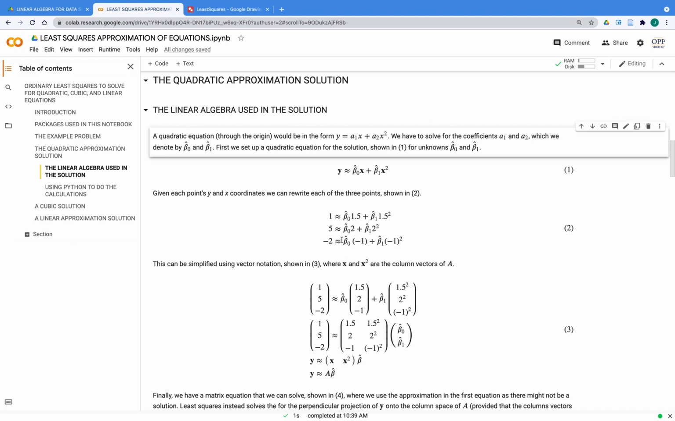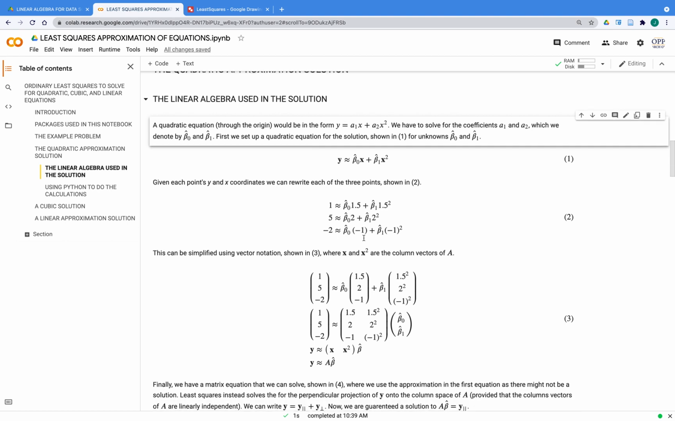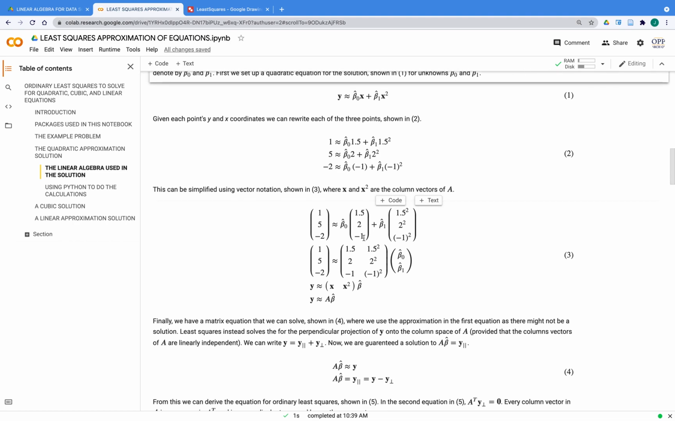So you see the y approximately equal 2. And if I have these values, beta sub 0 and beta sub 1, it's going to approximately equal those 3 y values given the 3 x values. So if we write this in vector notation and then using a matrix,